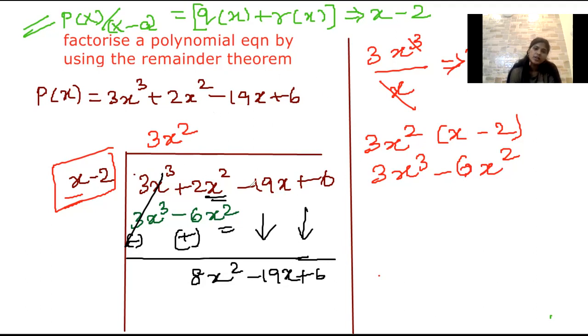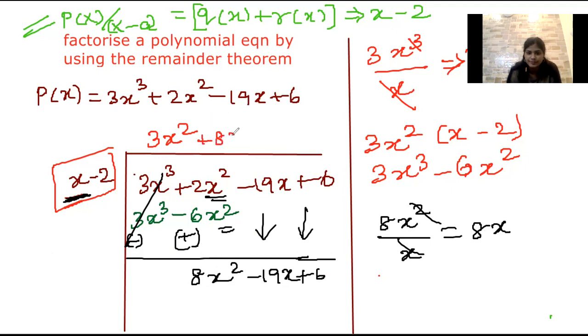The next thing is you have to find the quotient again with respect to this equation. Yeah. So now the same step, I have to write the very first term of the equation. I have to divide it by the very first term of the factor, which is x. If I do that, I'll be getting the result as 8x, which is plus 8x, right? So that I'm going to write it in the place of quotient. Yeah. So after writing the quotient, you have to multiply the quotient by the factor.